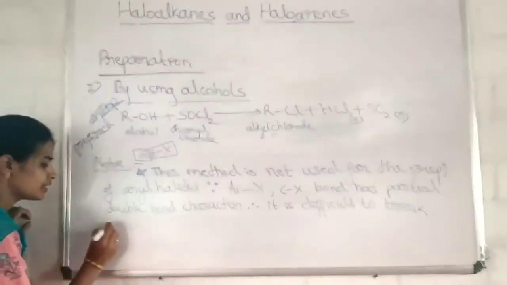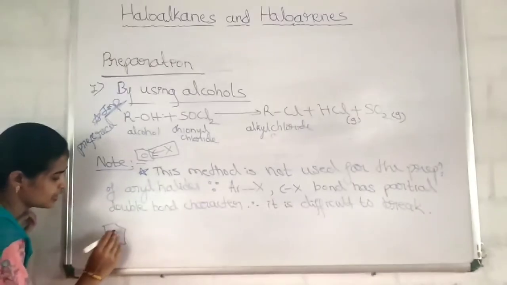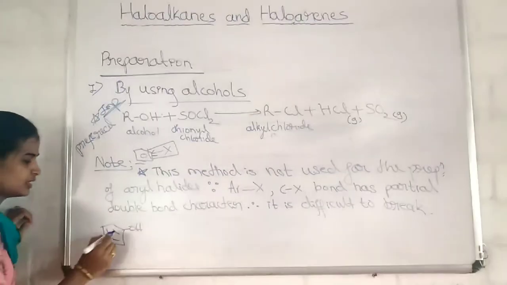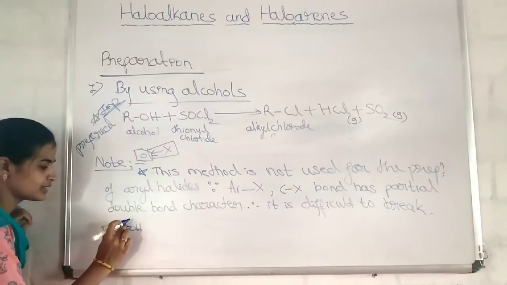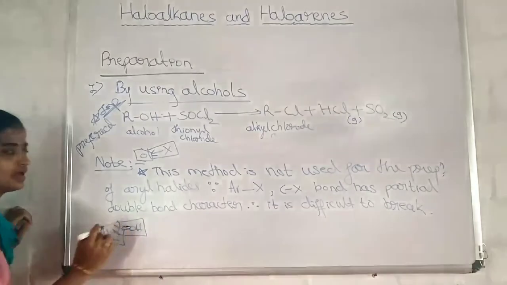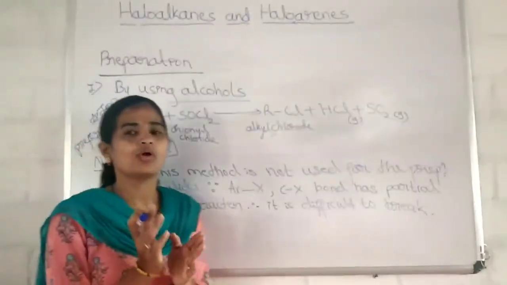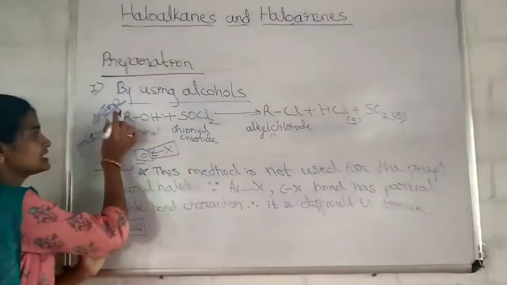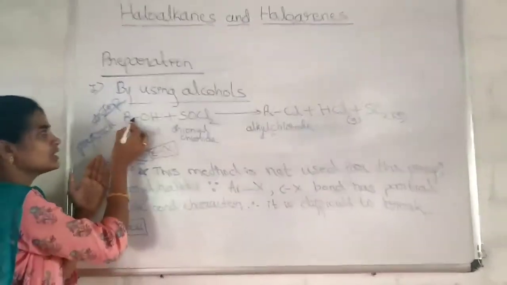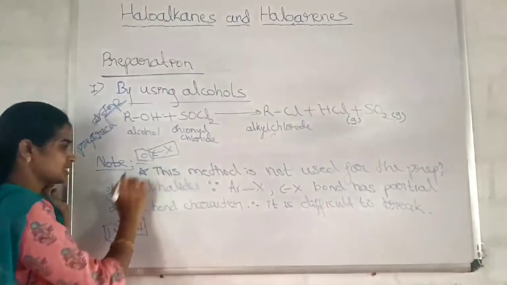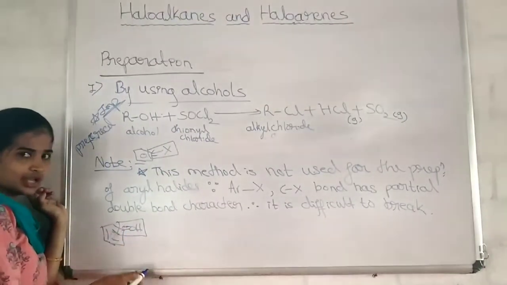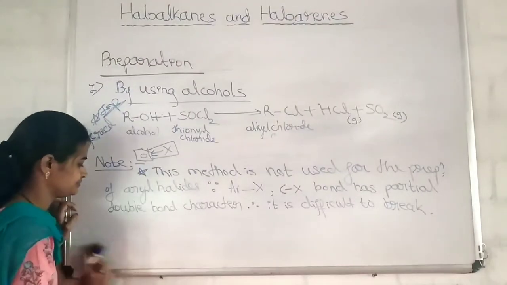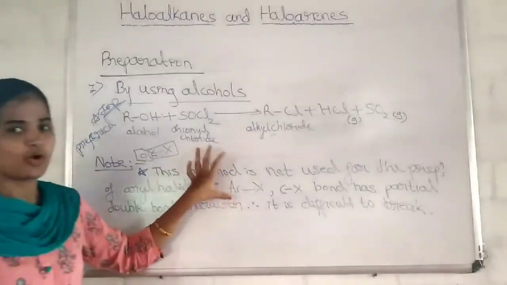While writing the resonance structures of phenol, you know it gets partial double bond character. We know that breaking a double bond is quite difficult compared to breaking a single bond. In case of alcohols, this bond can be easily broken. But in case of phenol, breaking of this bond is not so easy. It is quite difficult. Remember, it is an important point.